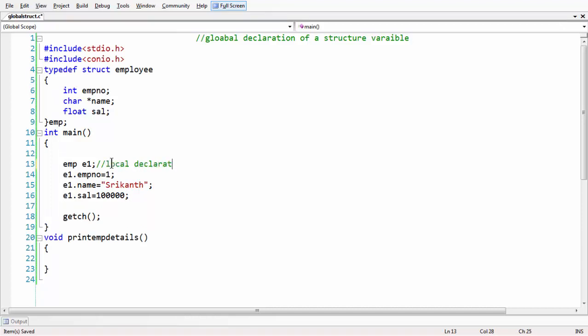So the difference between local and global is: if you declare a structure variable inside a main function, that becomes a local declaration. If you do the same thing outside the main, it becomes a global declaration here. It's a local declaration of a structure variable. If you have a local declaration like this, and you use a function,